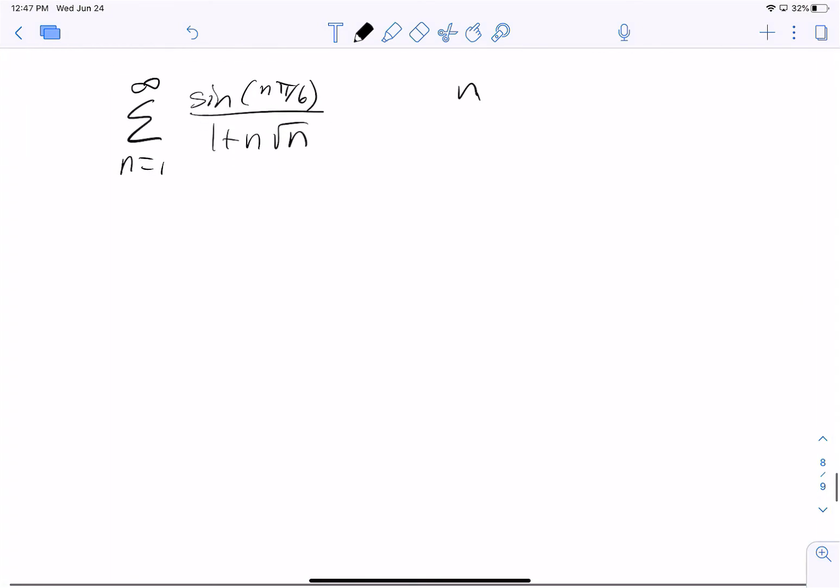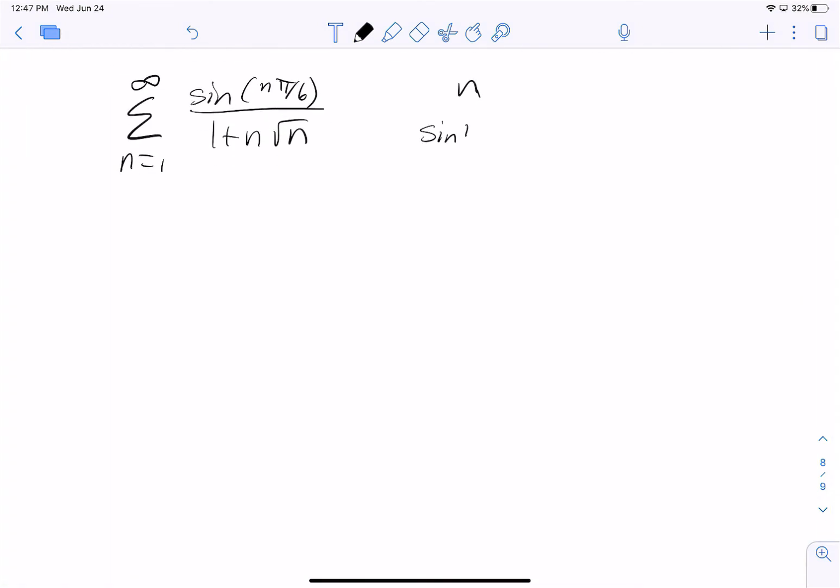Moving on, same instructions. We're looking at the sum as n goes from 1 to infinity of the sine of n pi over 6 divided by 1 plus n times the square root of n. If we consider various values of n and the resulting expression sine of n pi over 6, let's just say n is 1, 2, 3, 4, 5, 6, that should be enough. Actually, those are not good at all. We're going to use n equals like 1, 3, 5,